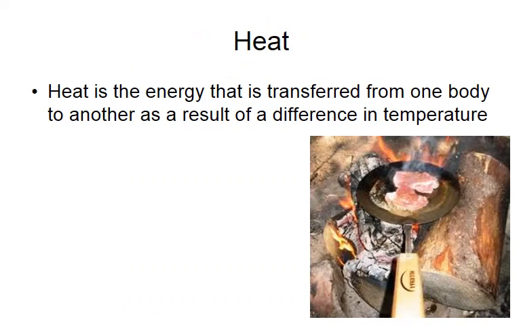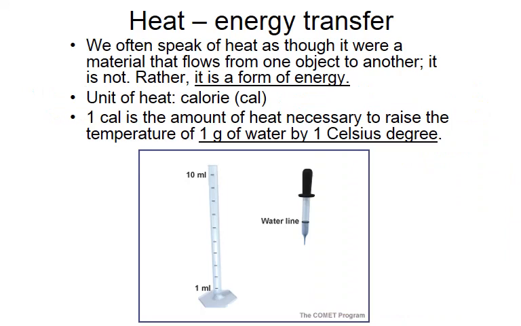So heat is the energy that is transferred from one body to another as a result of a difference in temperature. And so you must have a difference in temperature for you to have heat, and heat always goes from a hotter object to a colder object, and we'll look at why that always is. When we talk about heat,